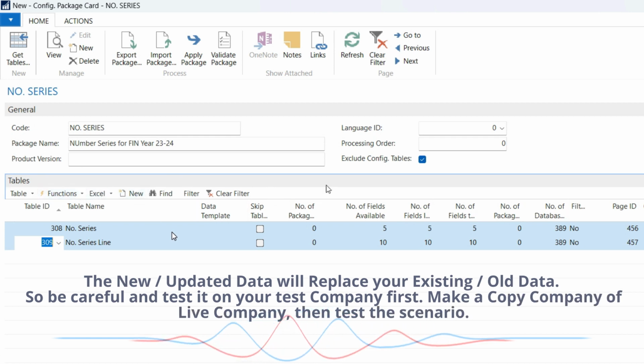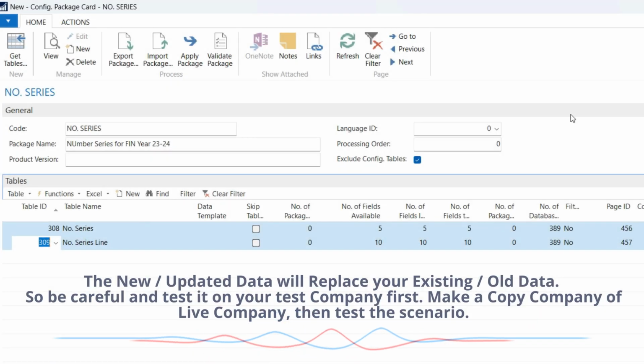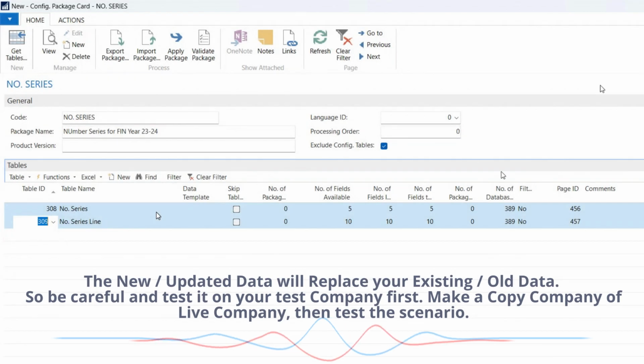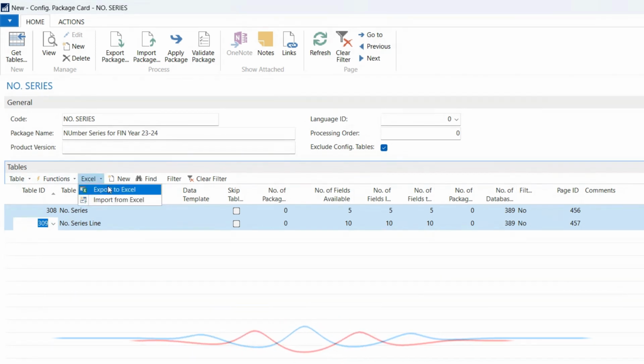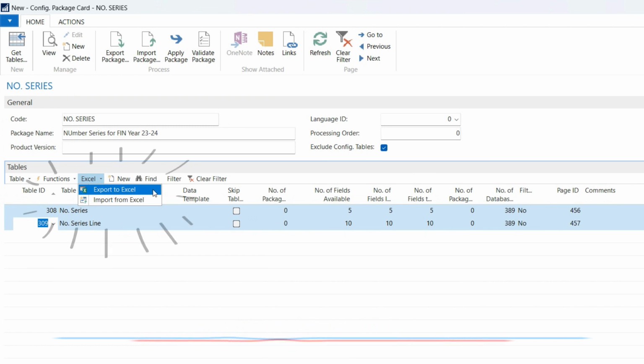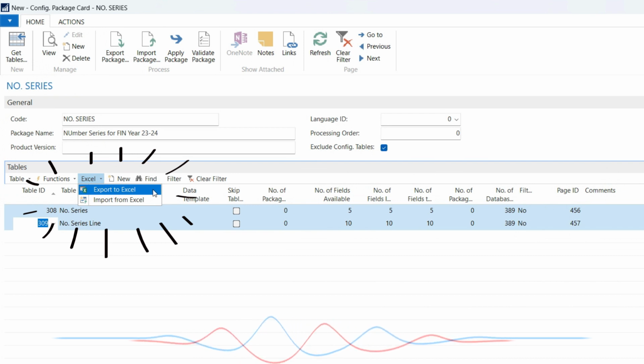In the configuration package card line header area, we can get the option of Excel, and here we can get two options. First, export to Excel. So you can export the existing data or you can export the existing layout into the Excel, prepare that file,